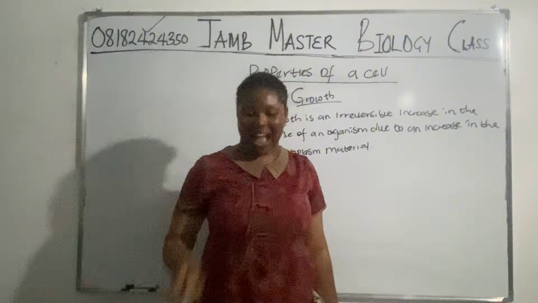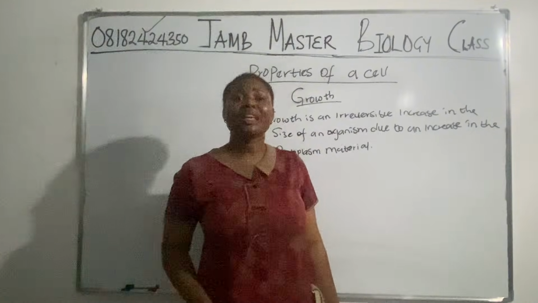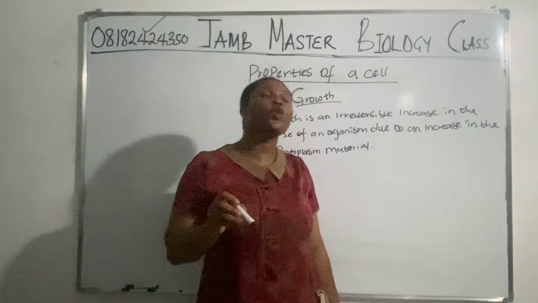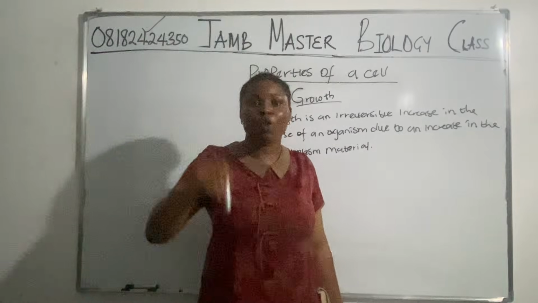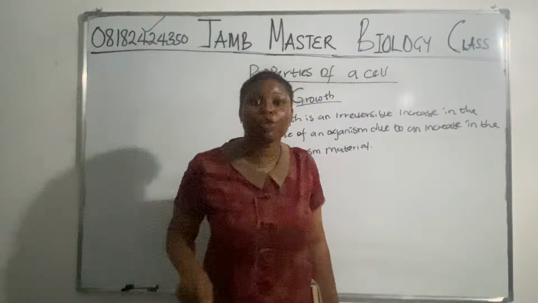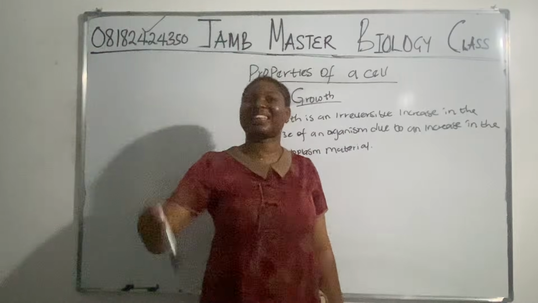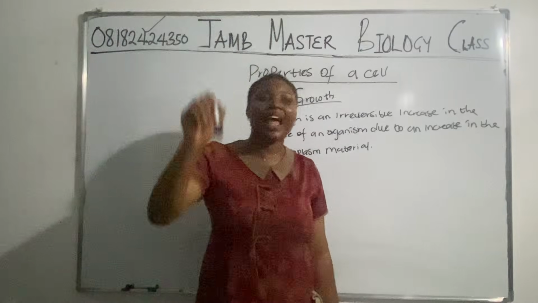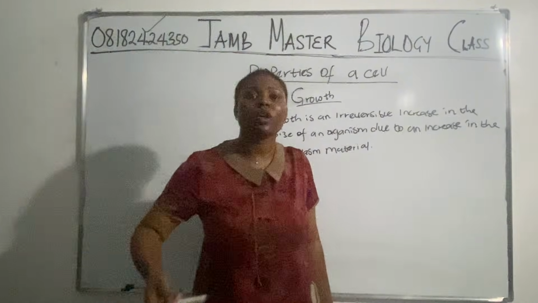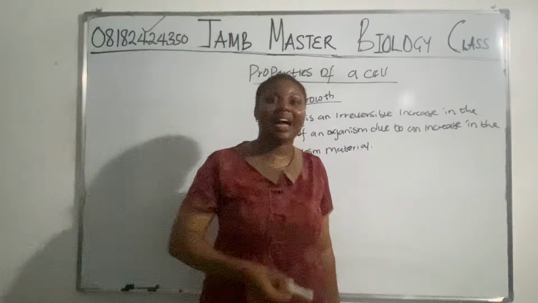So your cells are actively dividing, that is why you are able to grow and it's showing. If for any reason you are 4 years old and you are still looking like a small baby, there's a very serious issue. They will start running up and down in the hospital. Why? Because you are not meant to be like that at that particular time. There's a time where you were just feeding on breast milk. A time came, you started eating baby meal like pap, custard, and all of those.